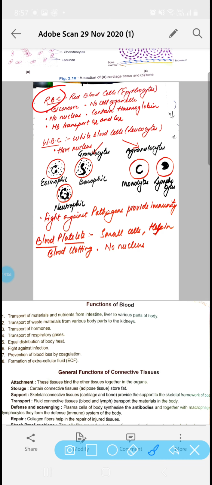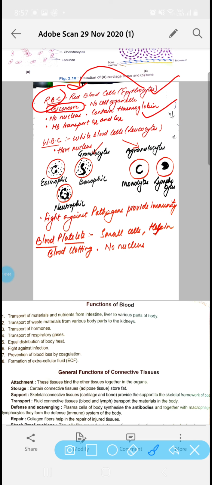Now first, there are red blood cells. They are scientifically known as erythrocytes. The word erythro is related to red. So as they are red in color, that's why they are named erythrocytes or red blood cells. Why are they called red blood cells? Because they have a respiratory pigment called hemoglobin, and this respiratory pigment is red in color, which imparts the red color to RBCs. The shape of the RBC is biconcave, the most important question that comes in your competitive exams.